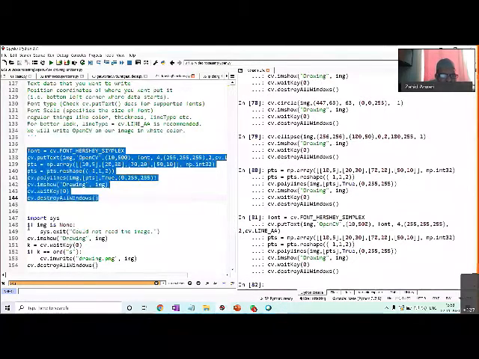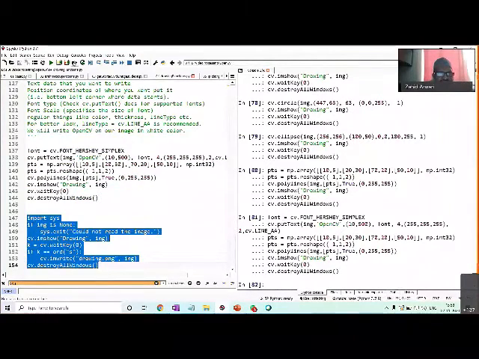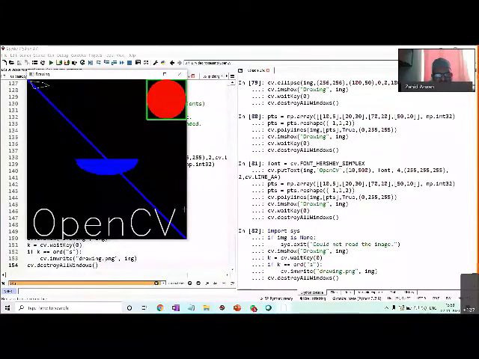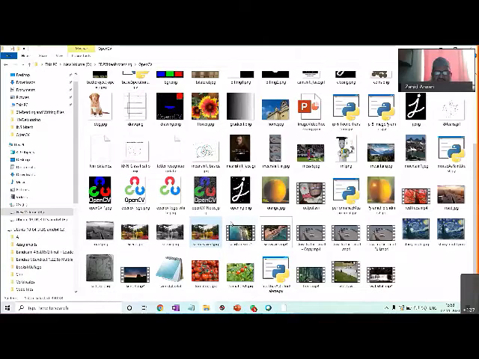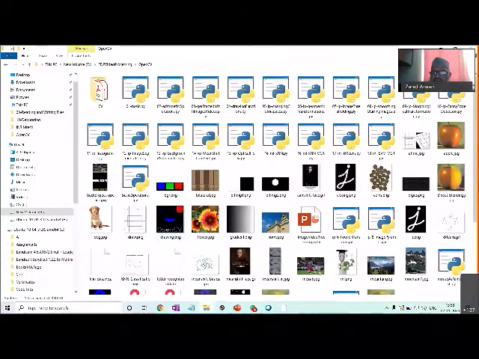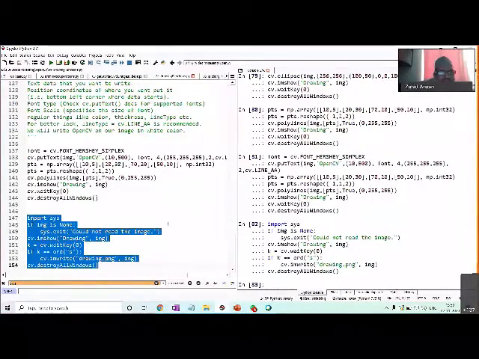And after that, let's say you want to save this drawing. You can use imwrite, and you can store it in drawing.png. So we saved it. If you go there, you can see that there is a file called drawing.png somewhere. Yes, this drawing.png is there. So in this file, we saved this.